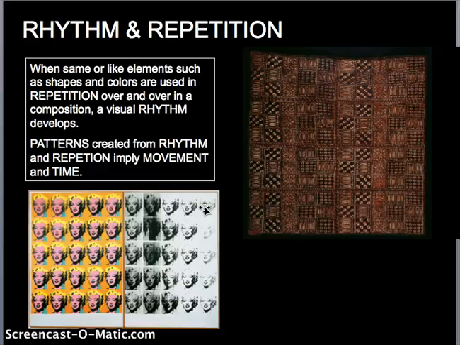One of my definite favorite principles of design is rhythm and repetition. When similar or like elements, such as shapes and colors, are repeated over and over again, this creates a visual rhythm in the composition. You can see that here with our Warhol Marilyn Monroe screen print. Patterns created from rhythm and repetition can also imply movement and time. So here we have the element of time popping up